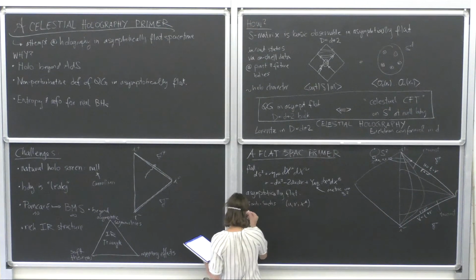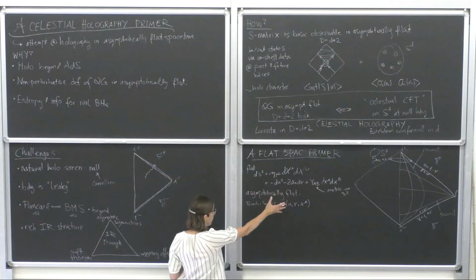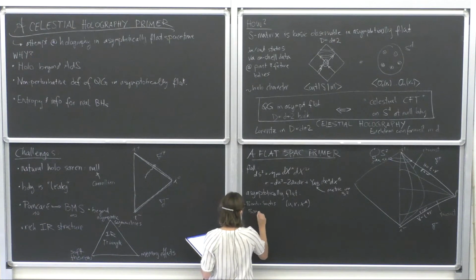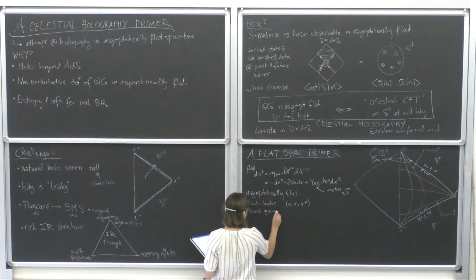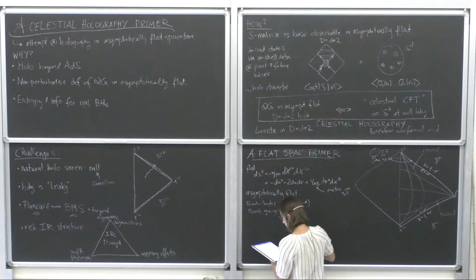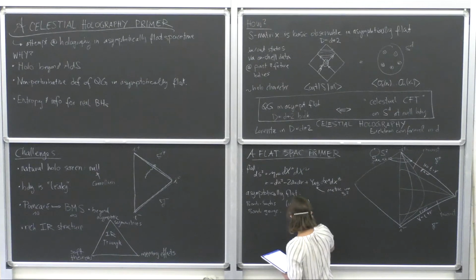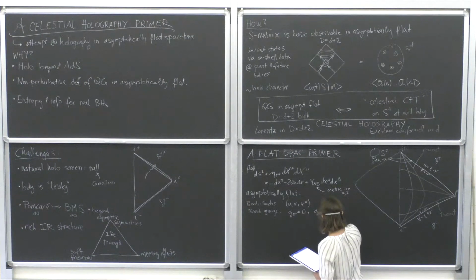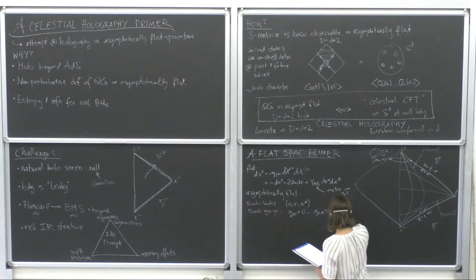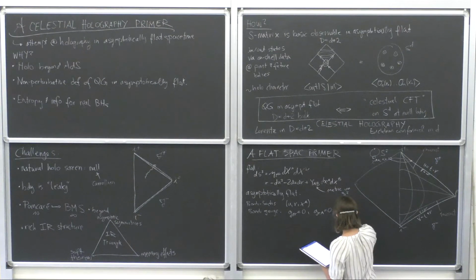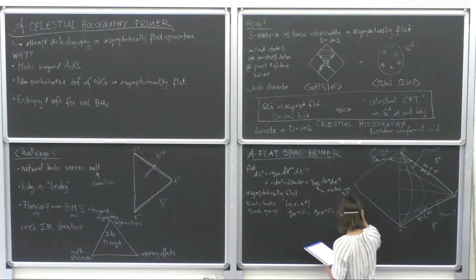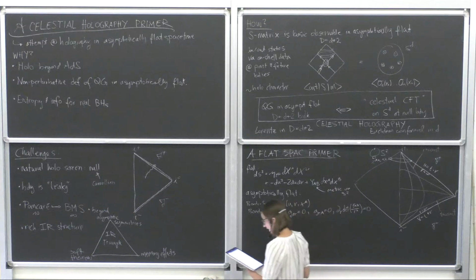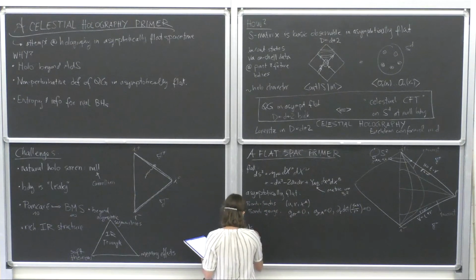And what this tells us is that the metric, the full metric now, satisfies certain gauge conditions. So it's called Bondi gauge, where we fix the rr component to be 0, the rA, so the angle and the radial component, to be 0, and then we also give a condition on the determinant of the metric. So we demand that, so that's called Bondi gauge. And then we can write down the asymptotically flat metric as follows.